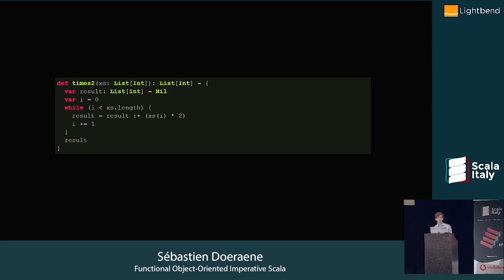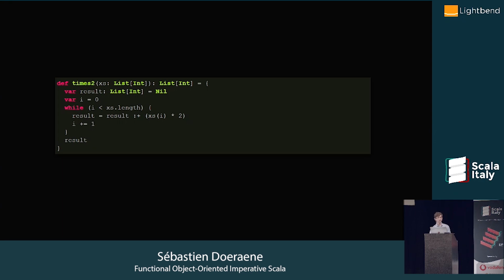Okay, so this is probably the most terrible Scala code one can write. This is a method that takes a list of ints, returns a list of ints, that is supposed to double every element, right? And it does that by first creating a variable which will hold the result, initialized with an empty list.